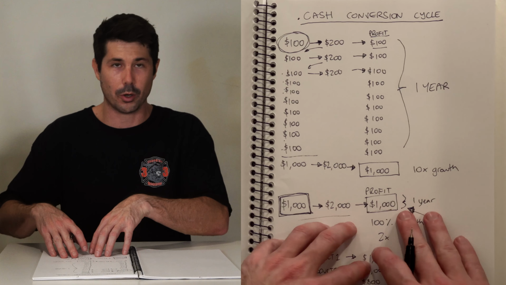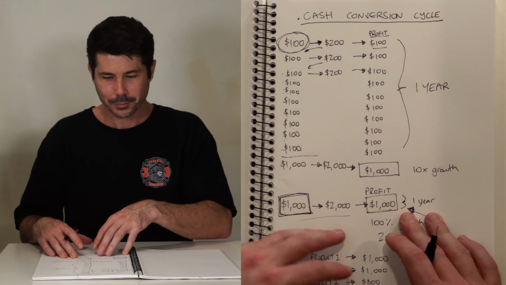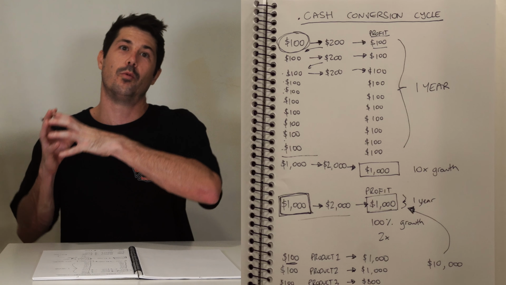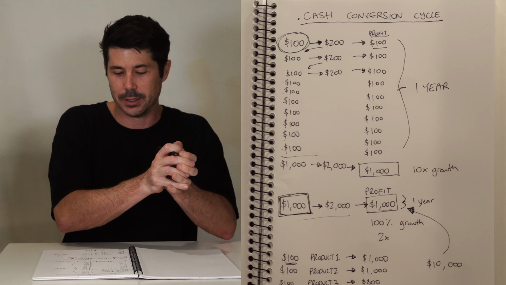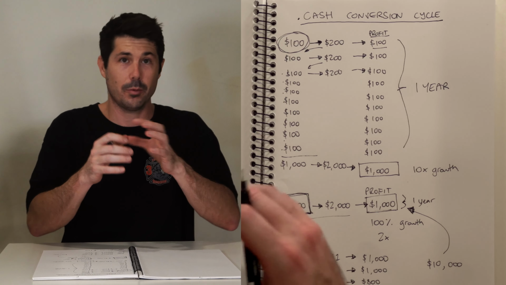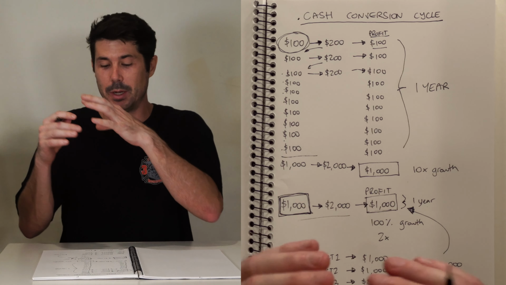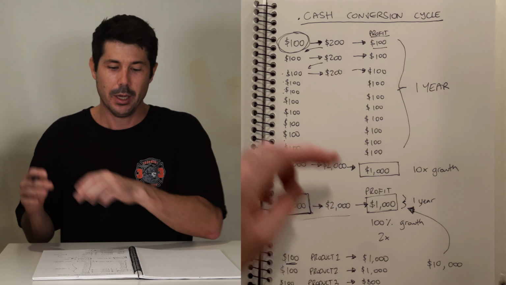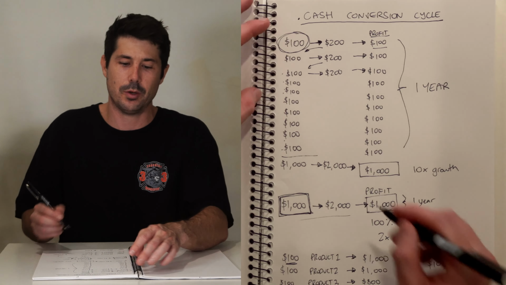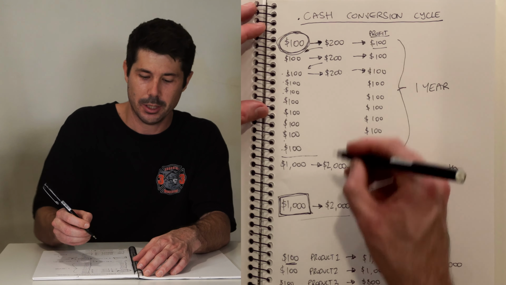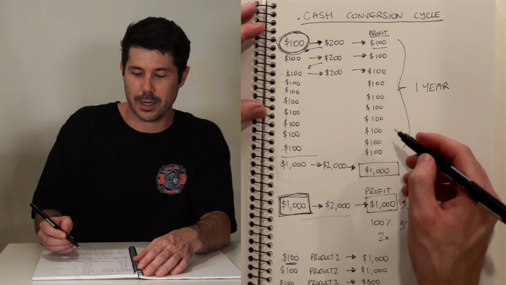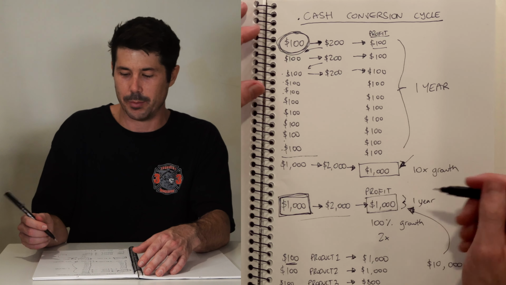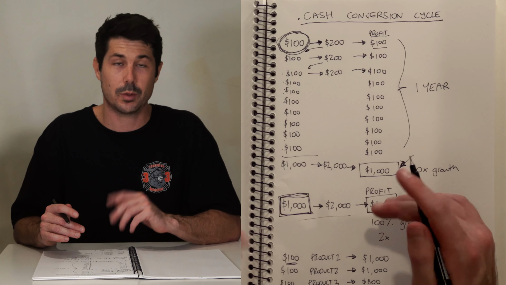But this is kind of the core concept of the cash conversion cycle, is that if we can cycle through our products faster, rather than reinvesting all of our cash of our business into all of this stock, whether it's a year's worth of stock or 6 months or 3 months or 1 month, when you can get that down as low as possible, then you can cycle faster, which means you need less upfront cash. This situation, we only need 100 versus 1,000 in order to get the same amount of profit. And what that allows you to do is get a better return on investment, and allows you to scale faster